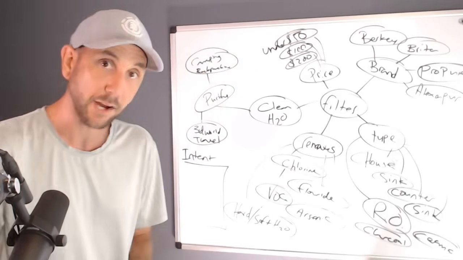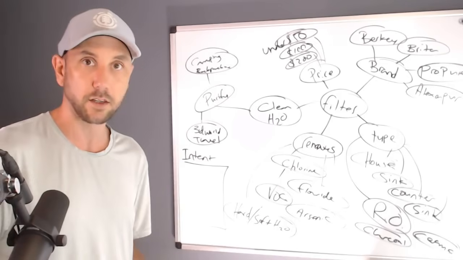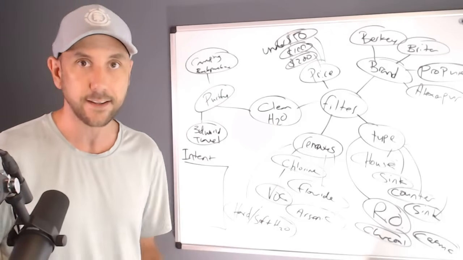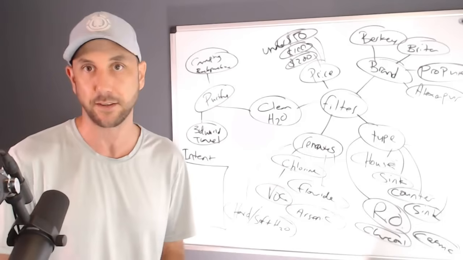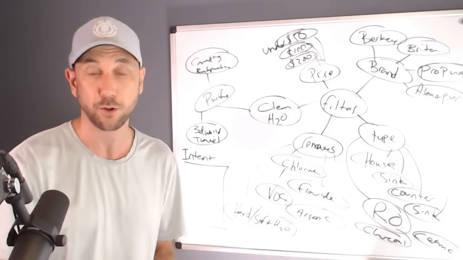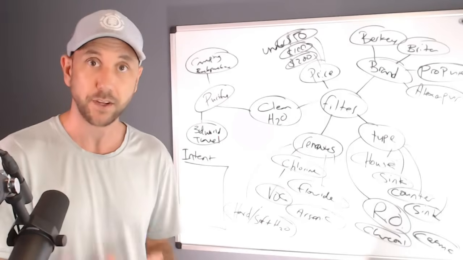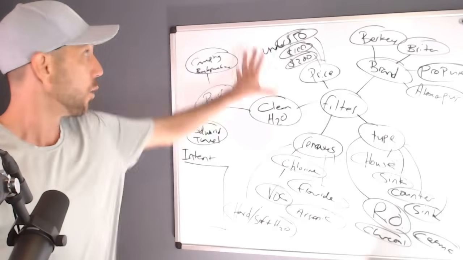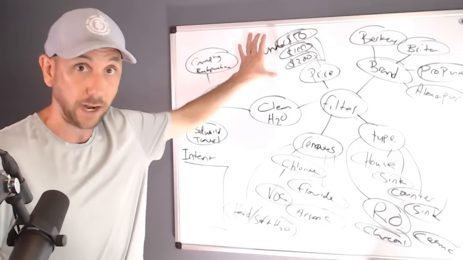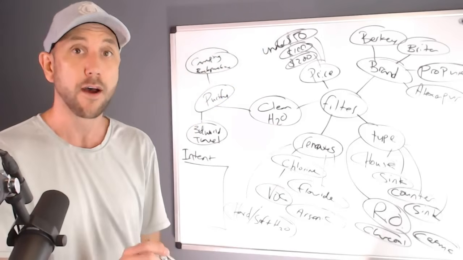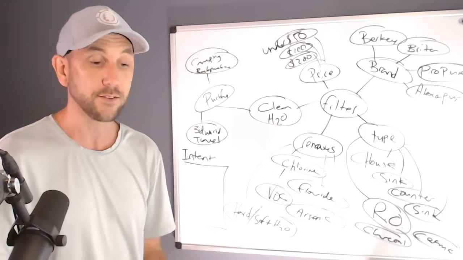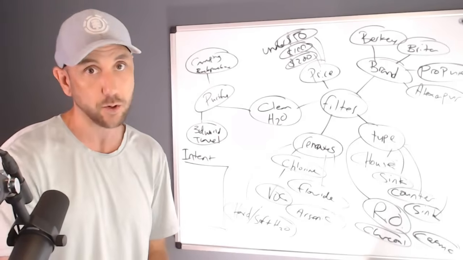Now, what I mean by buyer intent is sometimes people are looking online for things and they're just looking for ideas. They're just looking to read something. They're just looking to get a basic article. Other times people are searching Google because they're ready to buy something. And when they're ready to buy something, they use specific phrases in how they search. One is the pricing, right? If they have pricing in there, or what's the price of reverse osmosis, that means they know what they want and they're just curious how much it is.